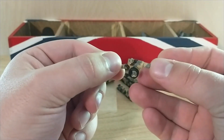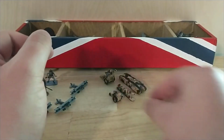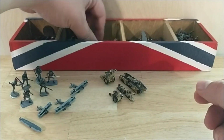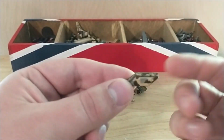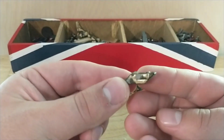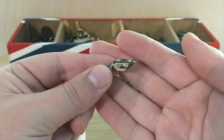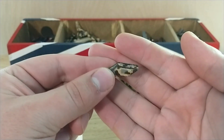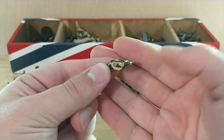They're kind of interesting and different, so I decided to keep them for my Confederacy, just to give them some kind of different units, different variations of units. And speaking of that, this came in that same prize. Again, I'm not sure what game this is from, but it's a very weird, kind of simplistic looking British style, like rhomboid tank. But at the same time, I kind of like it